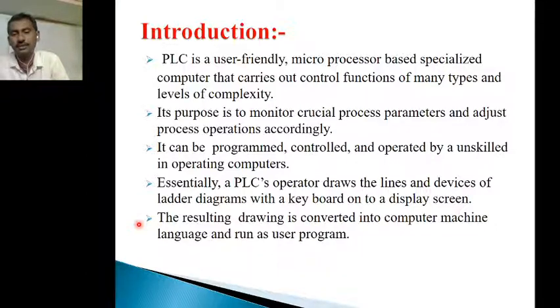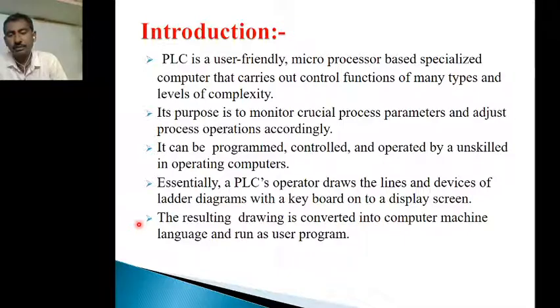Its purpose is to monitor crucial process parameters and adjust the process operations accordingly. In any industry, if any changes are made on the input side, those parameters will be taken by our PLC and it should make modifications accordingly. This is the main thing of the PLC.